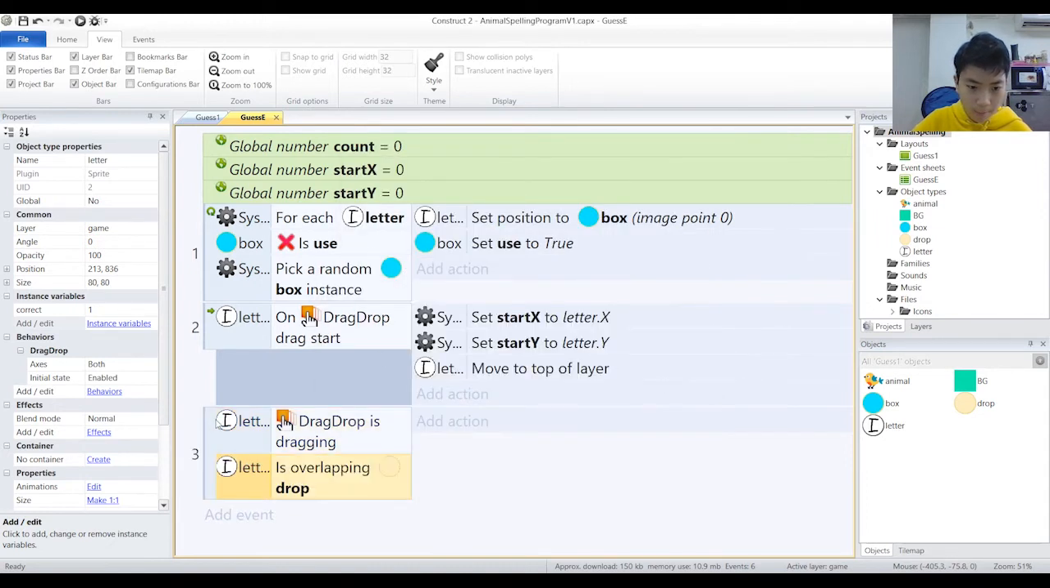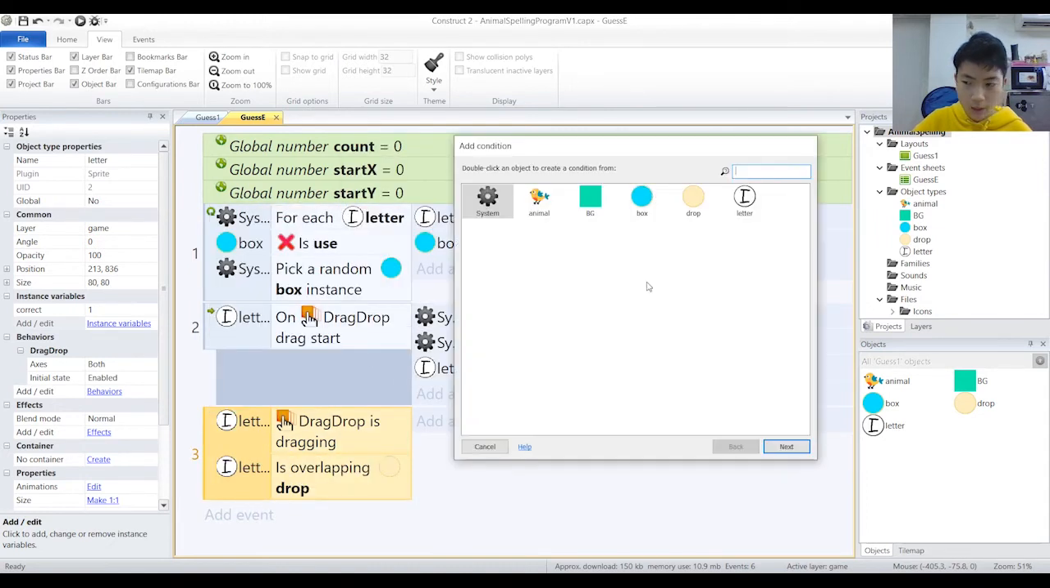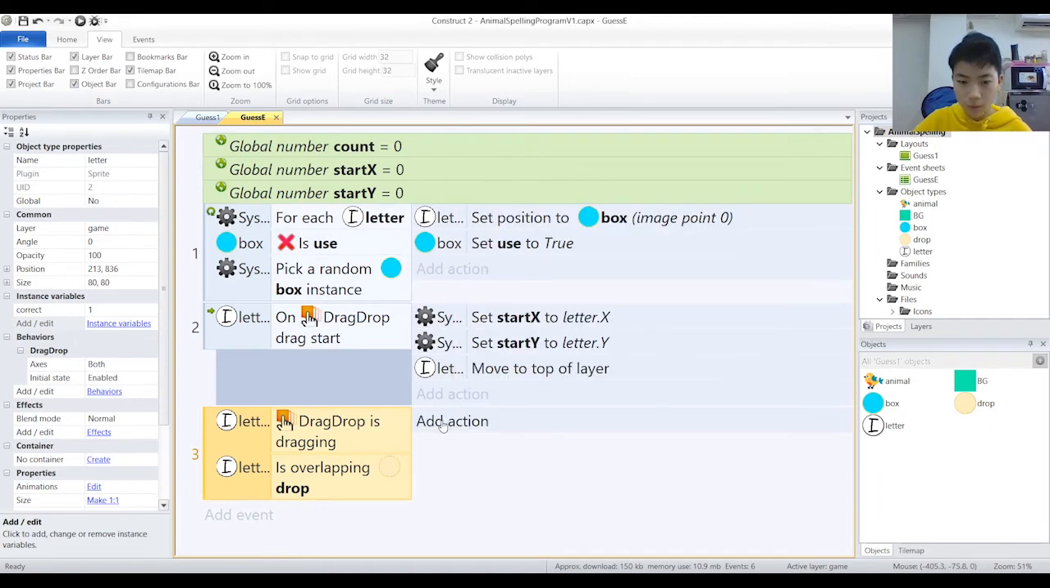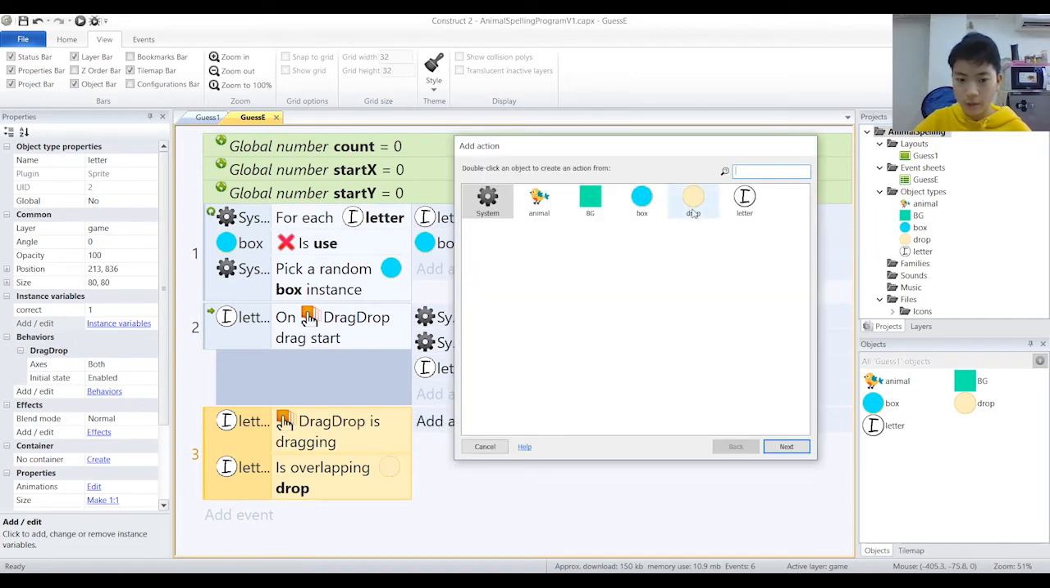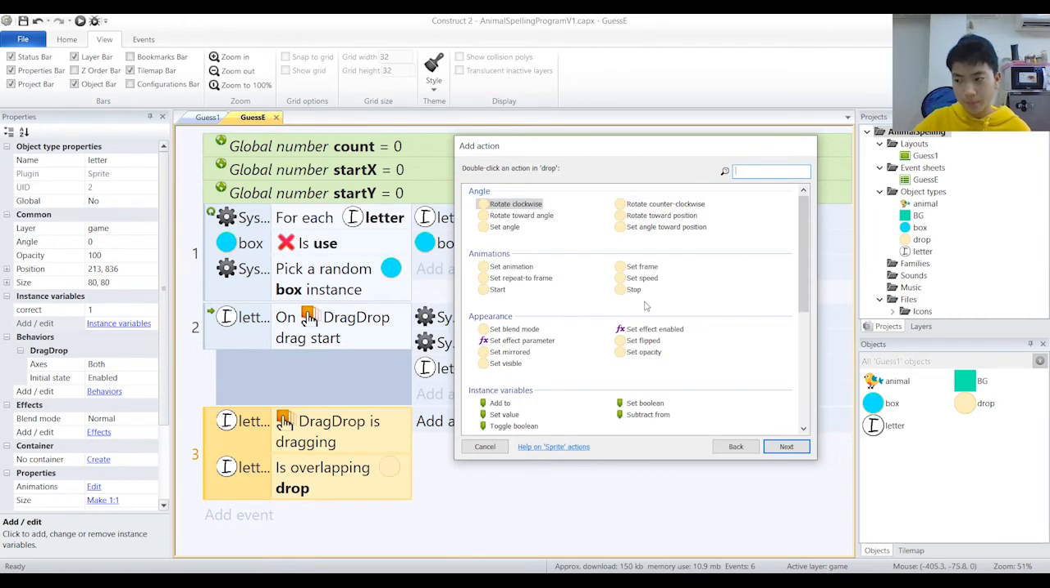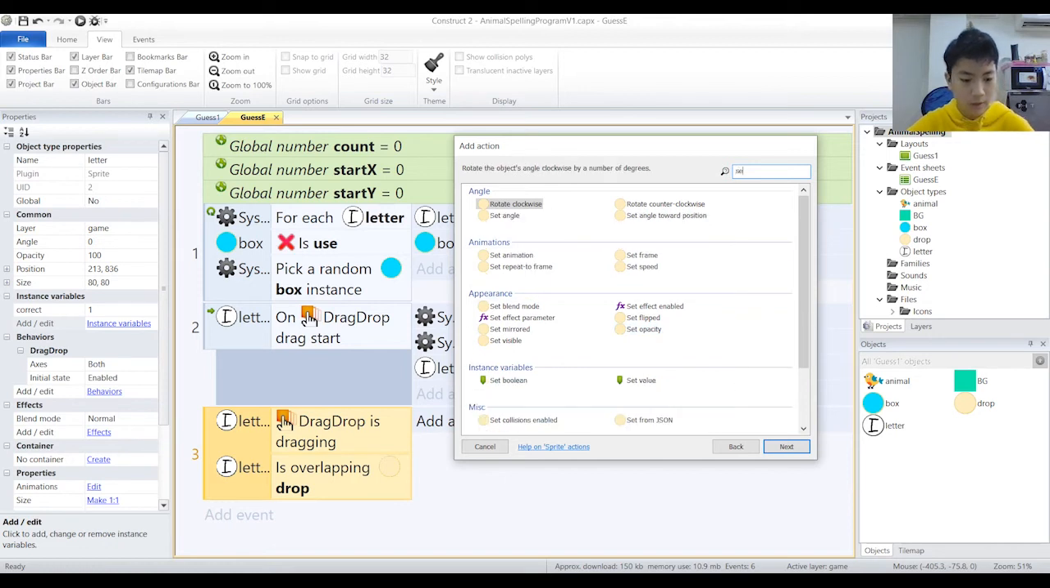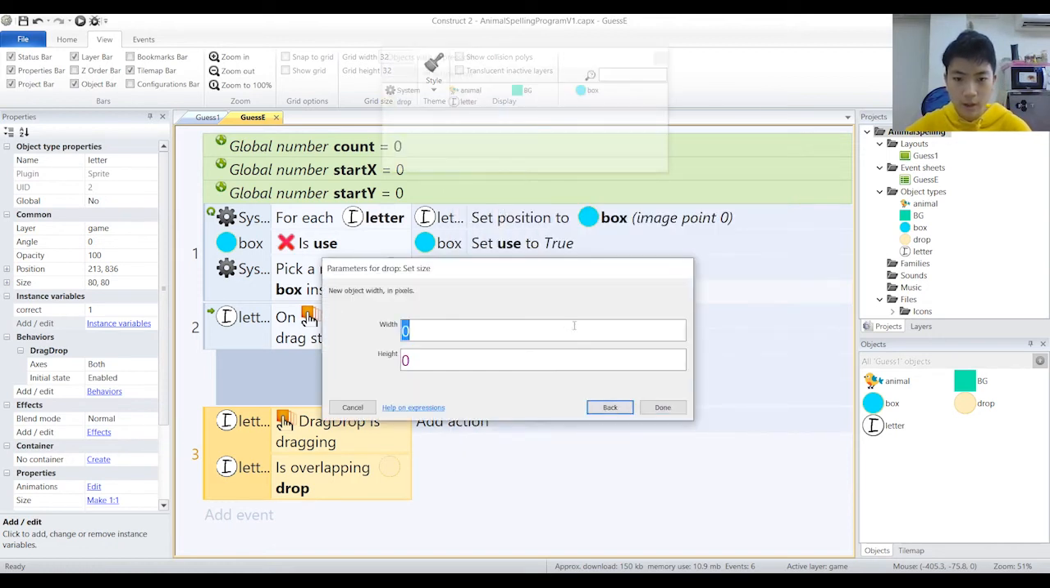Click done. And we're going to add another condition. It is going to be, well, no, sorry, not another condition. We're going to add another action. It's going to be drop, and then drop. We're going to set our size. Set size, or set size. We can search it up. Set size there to